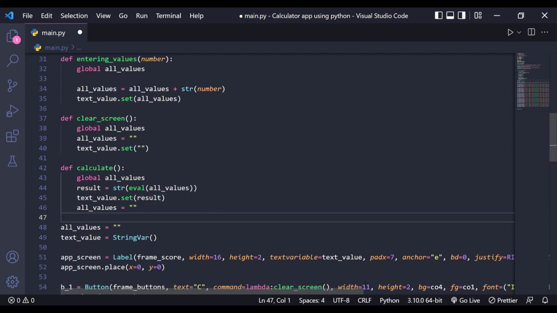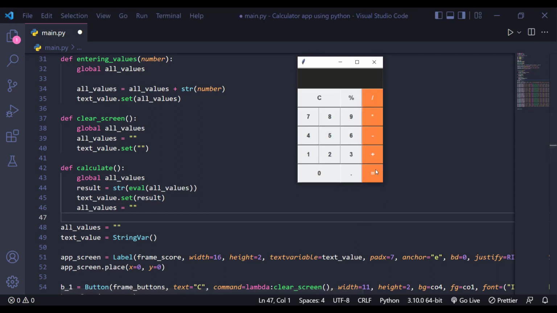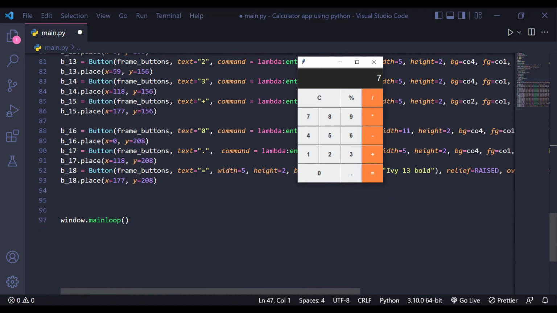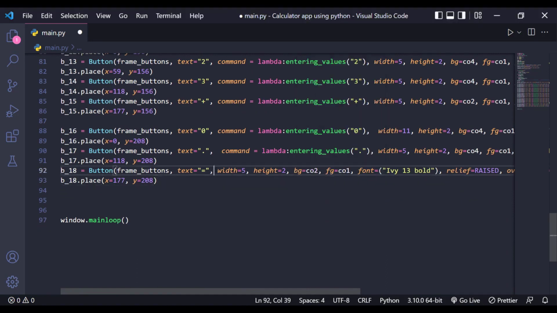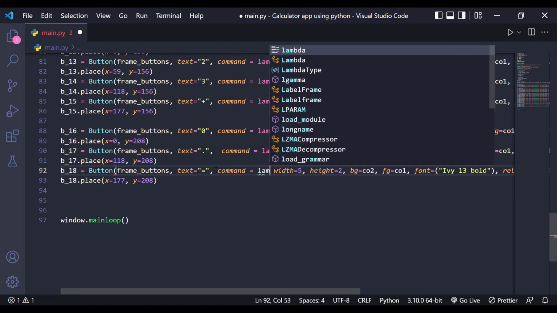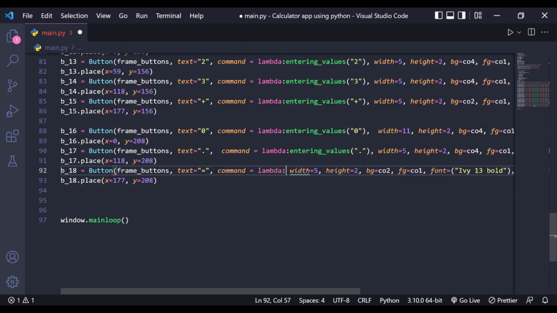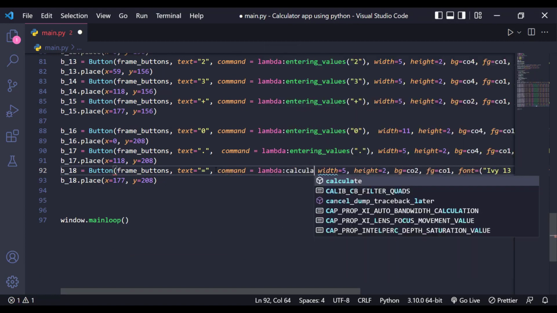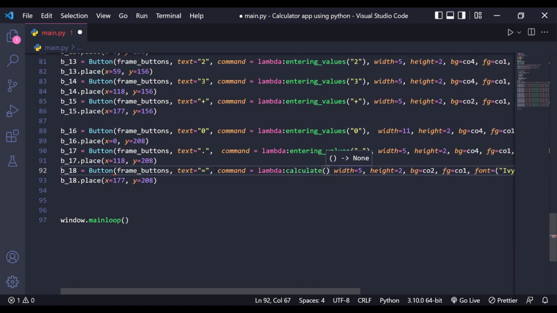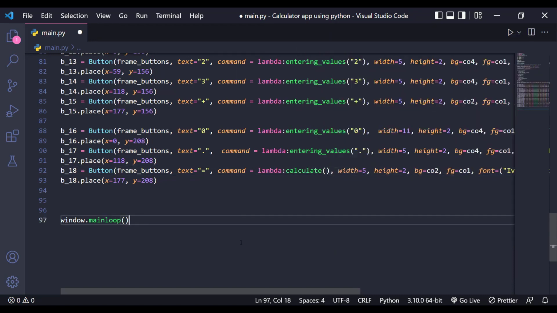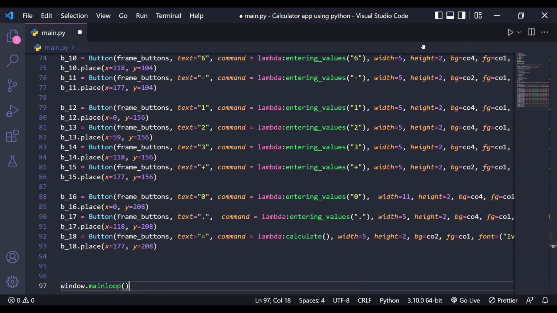Where are we going to use this function? When the user clicks on this equal to button. 7 into 1, and if you give equal to, at that time this calculate function will begin, right? So for that you can just go to this equal to button, which is here. So just give command equal to lambda, and we'll give calculate. Okay, and if you rerun this one,